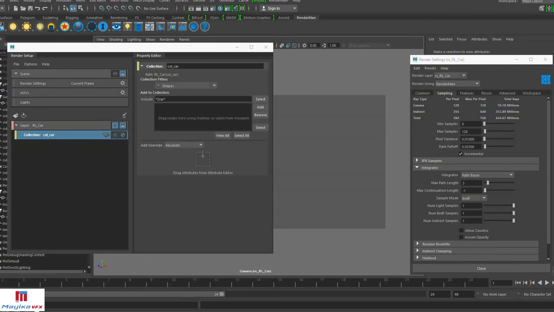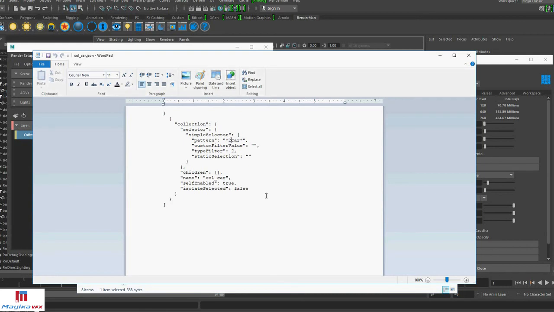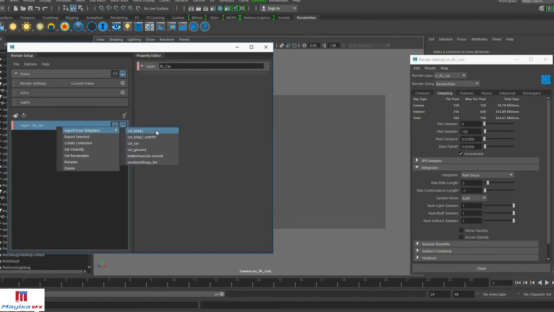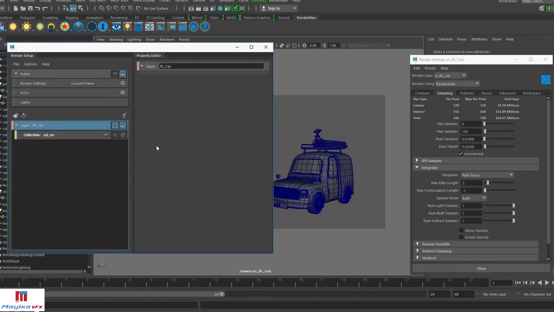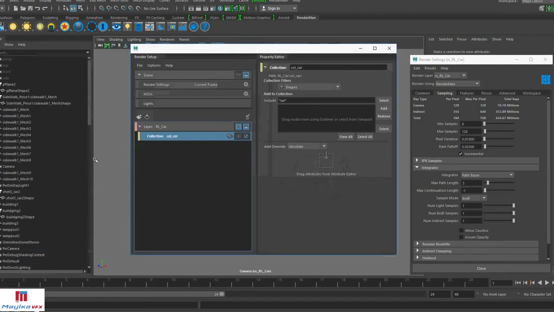Similarly, you can edit the name here and save, or else go to JSON file and edit it, and now it will work. See, it's working now. So it's same as star car star with any prefix or suffix.